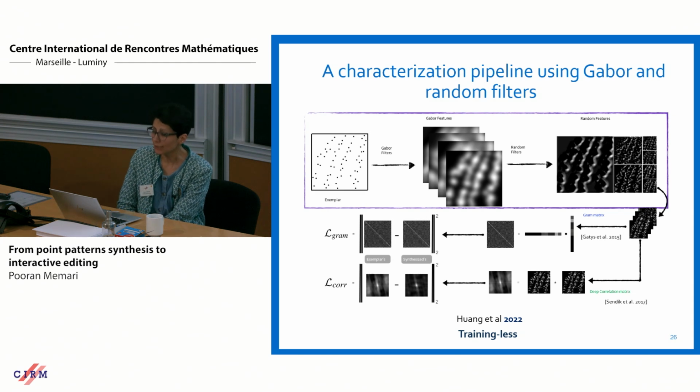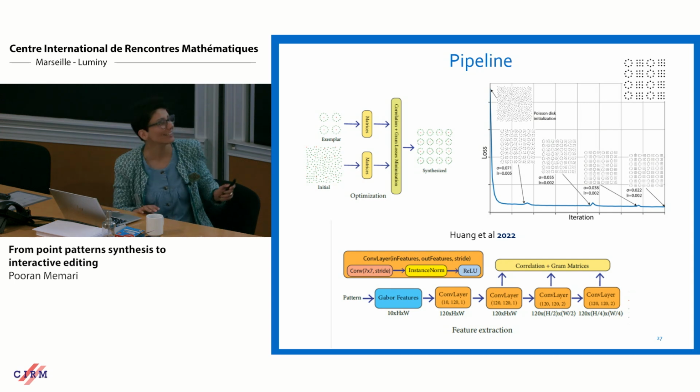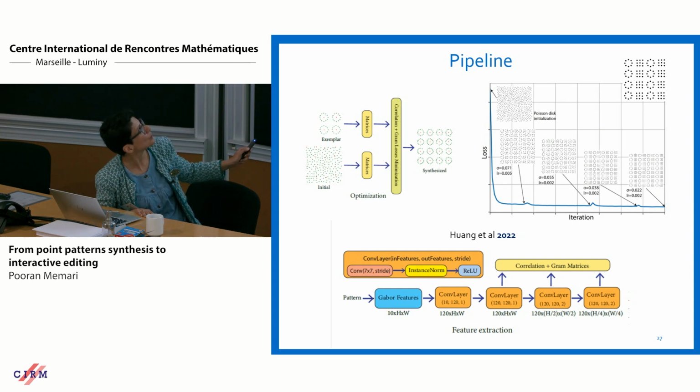And then we are doing the same computation as in a CNN to come up with Gram matrices that we will use in our loss function. And once we have this loss function, we simply do an optimization. So again, it remains an example-based approach. It's a very light learning technique where you start from a kind of uniform distribution, and based on these Gram matrices and the correlation loss that you have just computed, you try to converge to the one that you wanted.